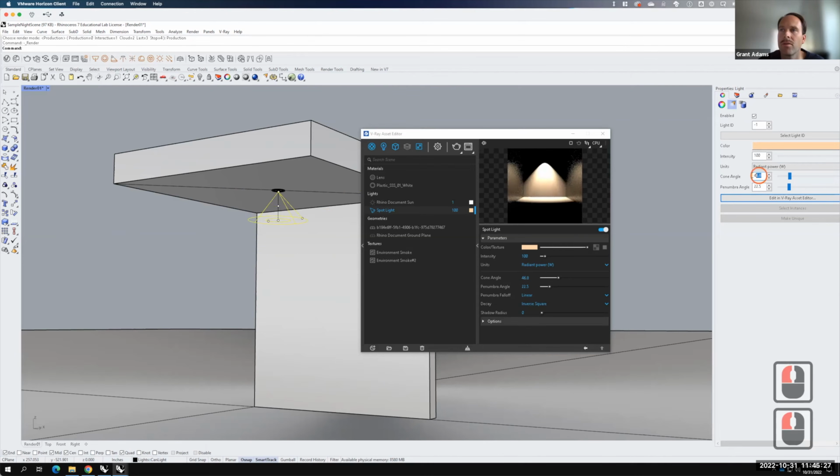So we started at 45. That was our base place. If I make it half of 45, so 22.5, you'll see that it's going to get a lot narrower. Actually, let's make it even narrower than that. Let's go down to maybe like 15. Okay, so it's getting narrower. Now, when I render it,